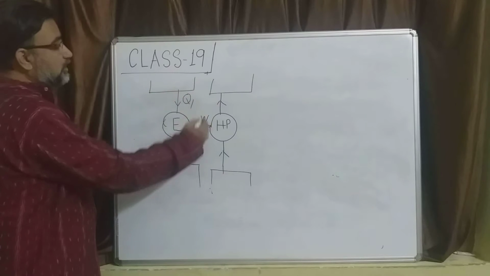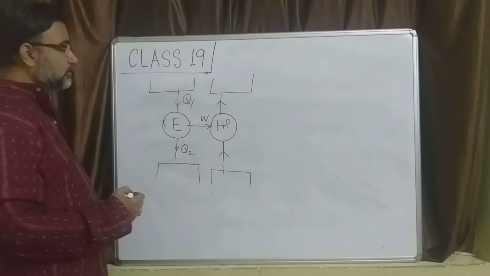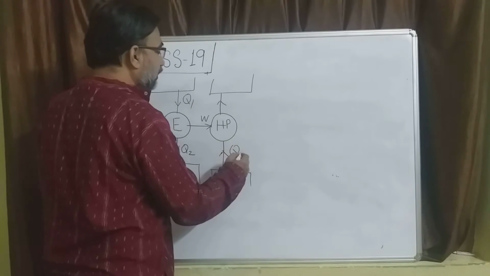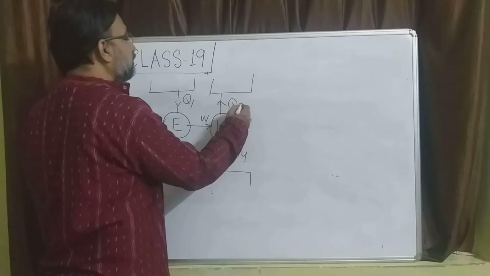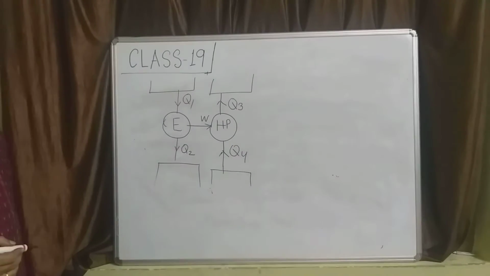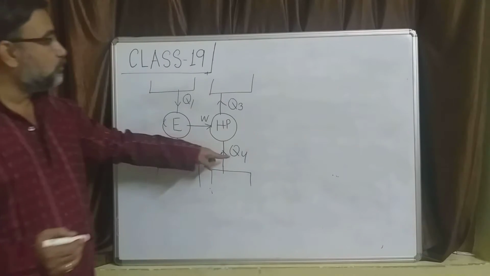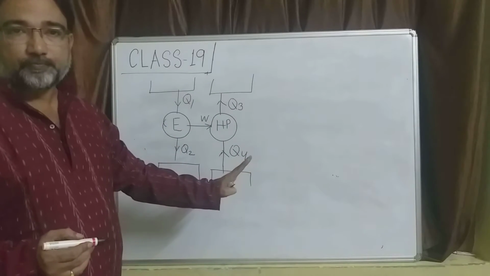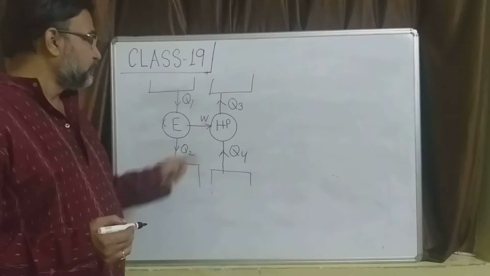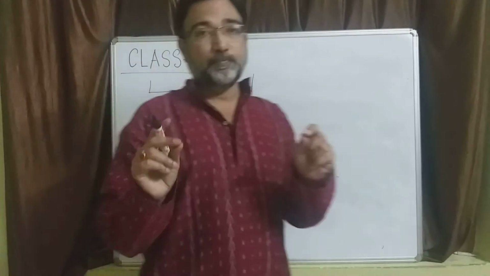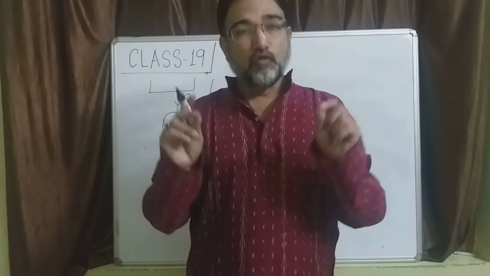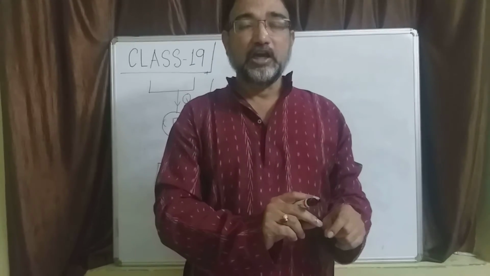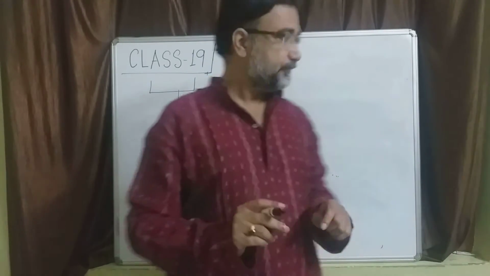So this is one unit, that is for the engine, right? Then this W is consumed by the HP, and this HP derives an amount of heat Q4 and throws a heat Q3 to the body. I have not kept them Q2 and Q1 here because they are altogether different devices. So let us give different heat names to them. The notations be Q4 and Q3 respectively. But the only common thing and only linkage between these two devices is the work. Work produced by the engine is consumed by the heat pump, and that is how they are related.